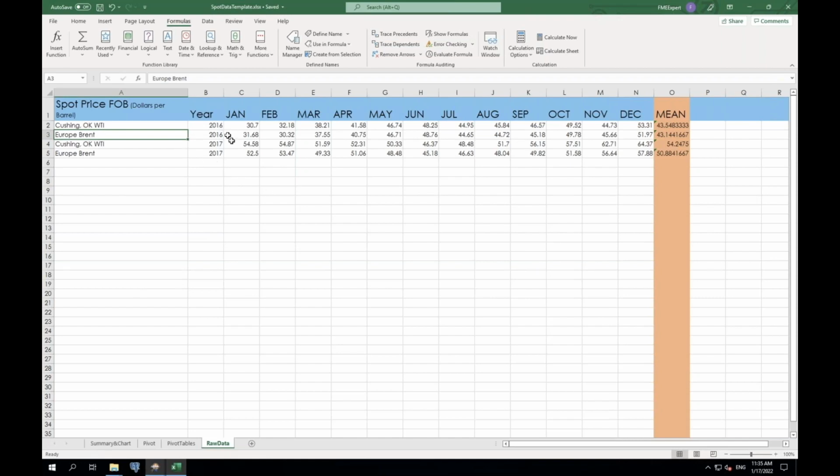For every month, we have a mean price. And then in the final column, we have a calculated yearly mean that we've used some Excel formulas to get. All of our other sheets are based on this raw data. We have 2016 and 2017 here, but let's say we want to present this same report every month with new incoming CSV data. The easiest way to use this existing document as a template with FME is to create